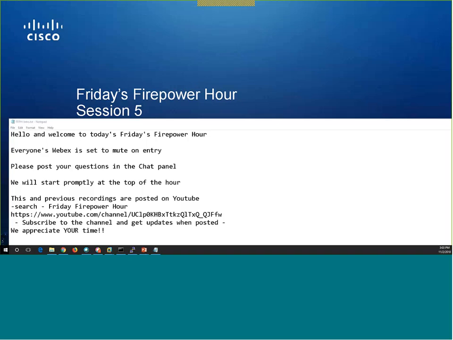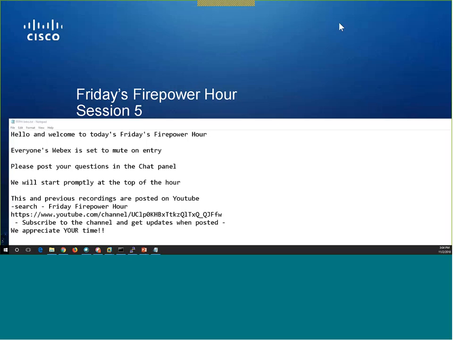So for those that have not been here before, it's really technical. I'm going to go through a real quick intro slide to cover the agenda and the topology. Then we're going to jump into the configurations. Please ask any and all questions. I've got my great colleague, Jim, who's a panelist. He'll be able to answer questions. And given time at the end, we can certainly unmute anyone who has a verbal question that we can go